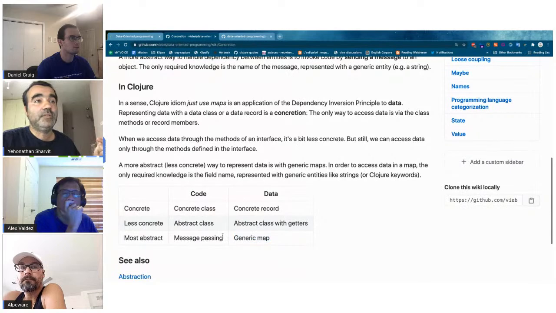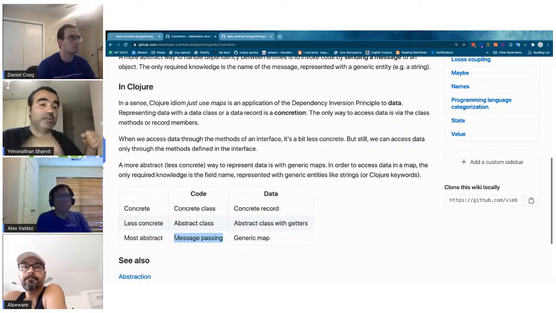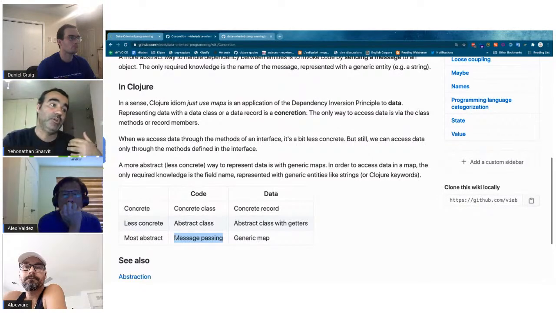And that's, by the way, from what I understand, passing a message instead of calling a method of an abstract class is the way we do object-oriented programming in Smalltalk. We just send messages as strings, I think, to objects, and they call the code that corresponds. You don't even need to import the interface definition in order to use it.